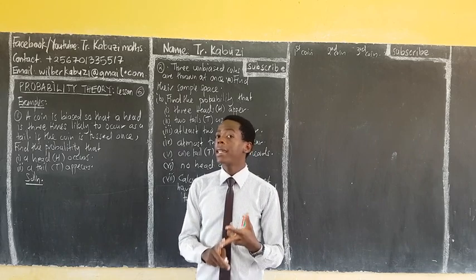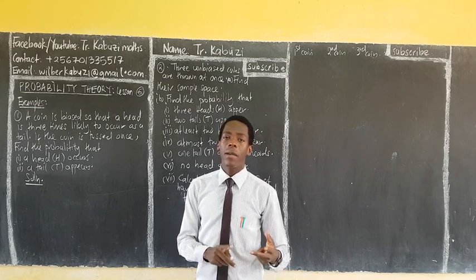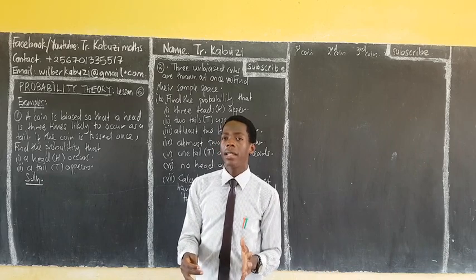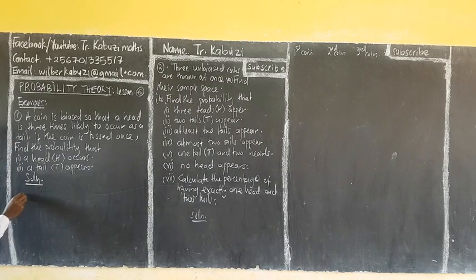Now, that happens if the coin is unbiased. But when you add all the probabilities of a head appearing and the tail appearing, it should be 1. Meaning that the probability of a head to appear plus the probability of a tail to appear should